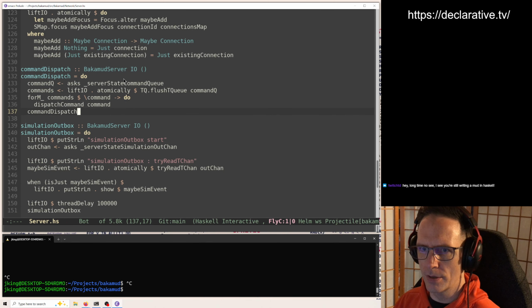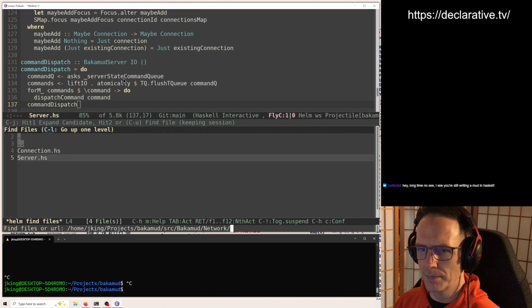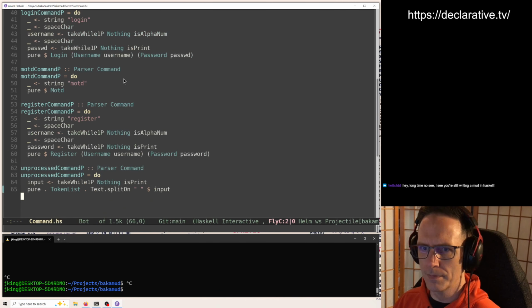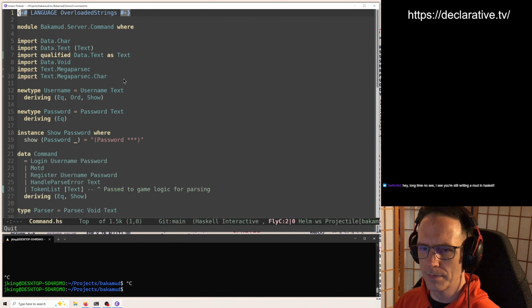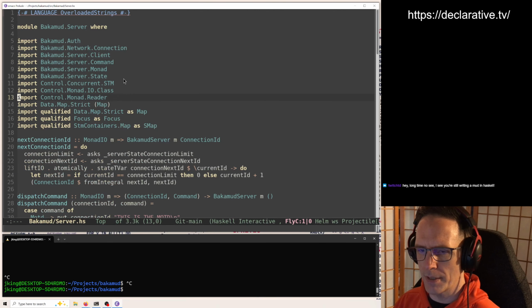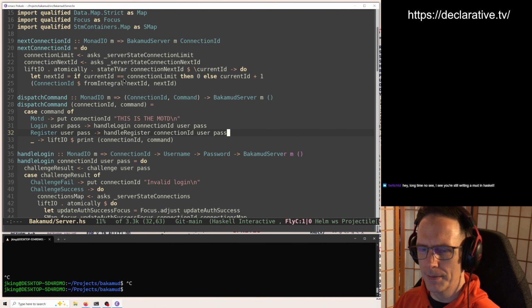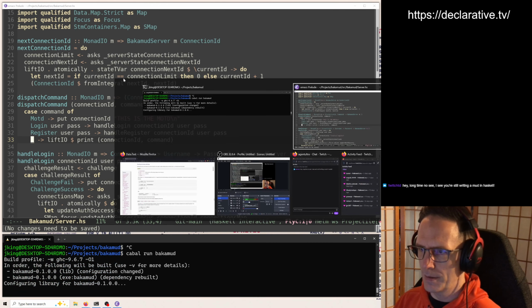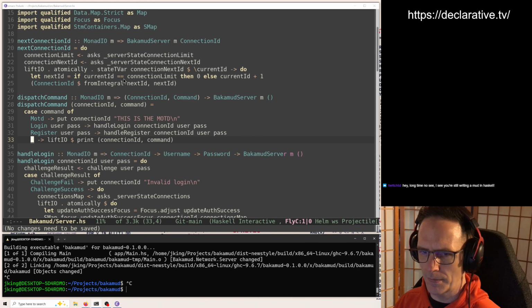Command dispatch. There's dispatch command. Okay, so we handle just that way, and then we just print connection ID command for... That should handle everything, including our new thing. So if we run this... Actually, let me